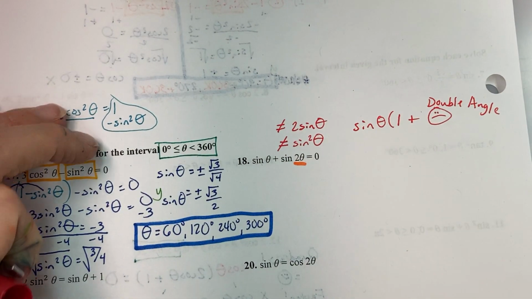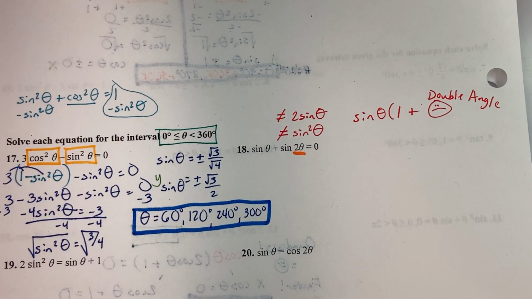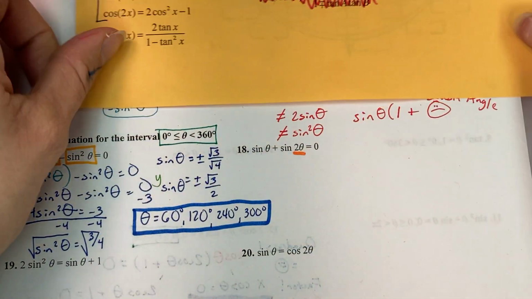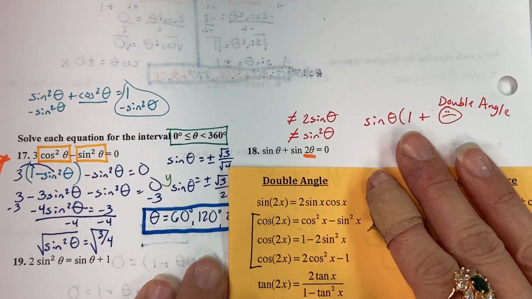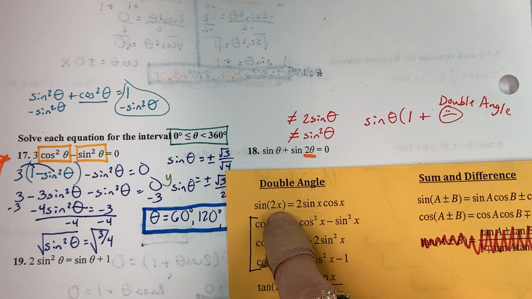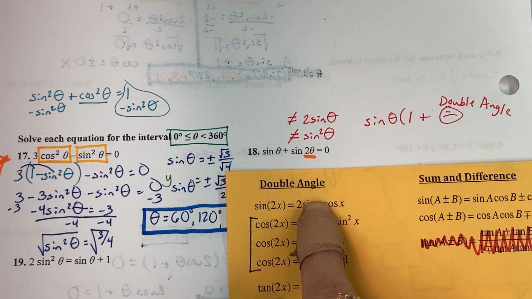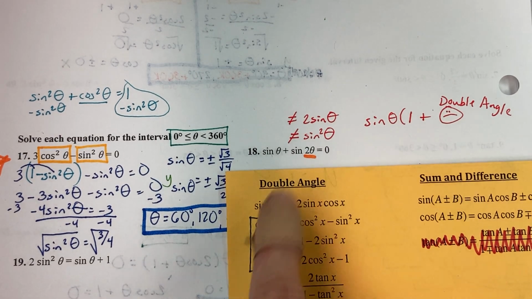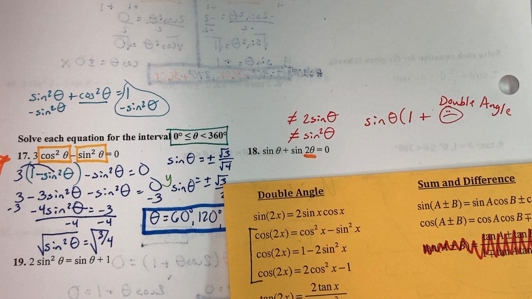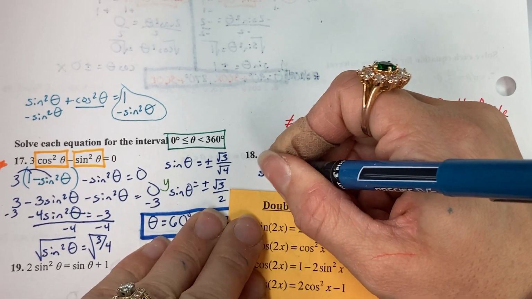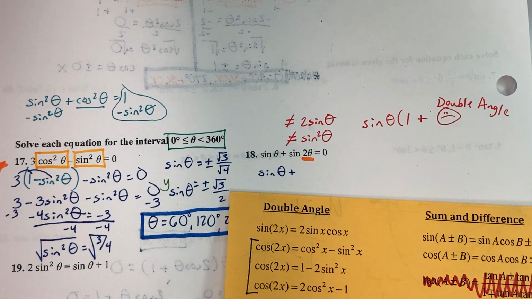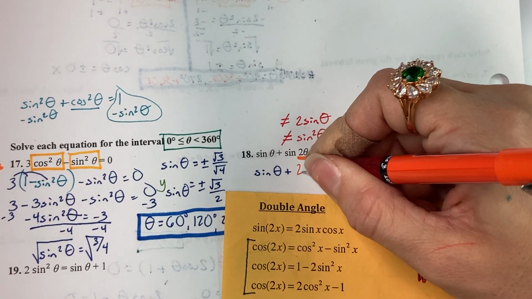So what do we do when we encounter a double angle? We have to replace it using one of the formulas. Now, using the double angle for sine, it's sine of 2x equals 2 sine x cosine x. So unlike the double angle for cosine where there are 3 variations to choose from, here I've only got one option. So sine theta plus 2 sine theta cosine theta